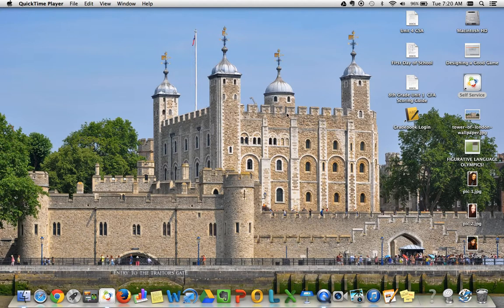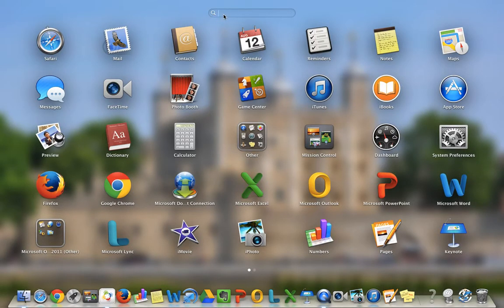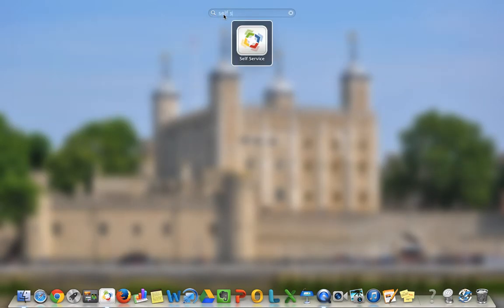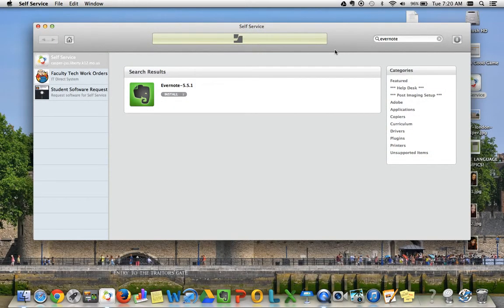So the first thing you need to do is find your self-service station. If it's over on your desktop, then go ahead and click on it. If it's not, then to find it, go to your Launchpad, click, and then enter self-service. However you get there, go ahead and open it. Now what I want you guys to do is to go over to the side to where it says Applications